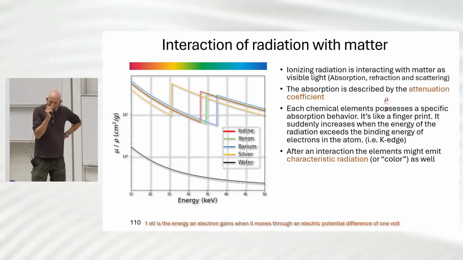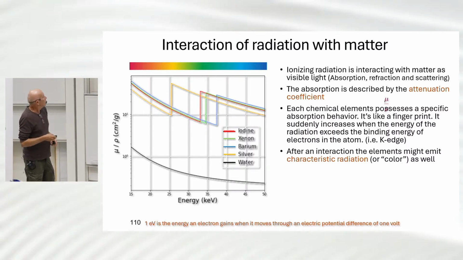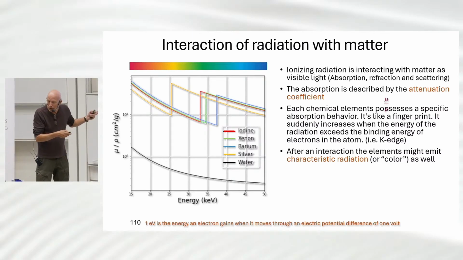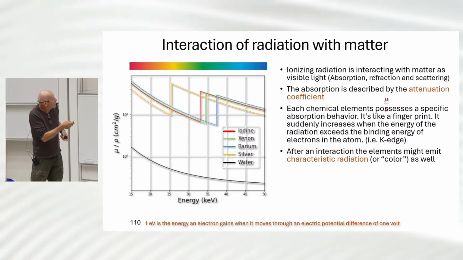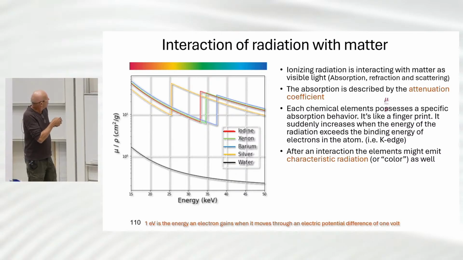Now, if you look for the spectral range, ultraviolet and X-rays, the ionizing radiation that we have there is interacting with matter as visible light is doing. So we have absorption, refraction, scattering. The good thing is,